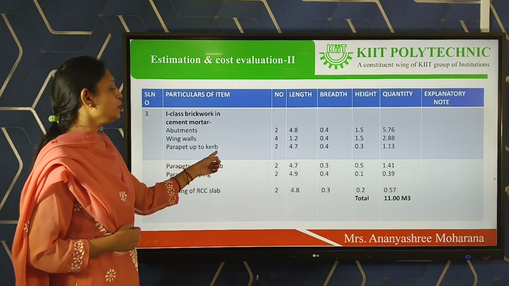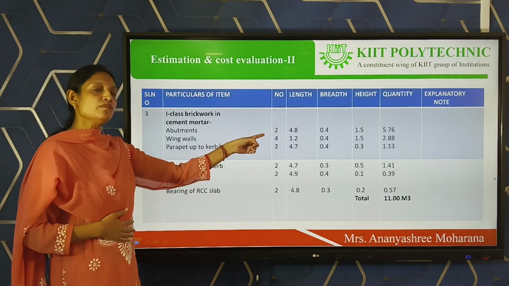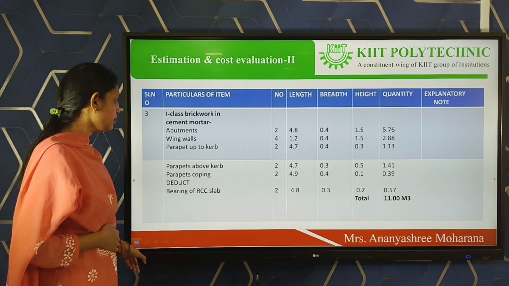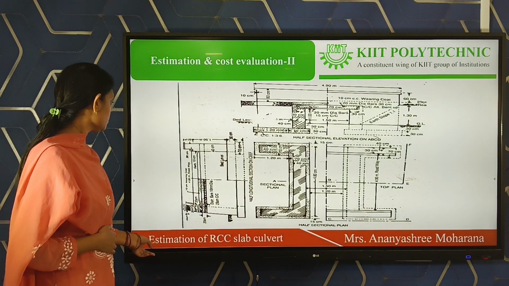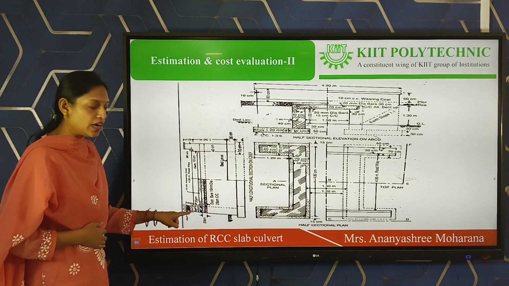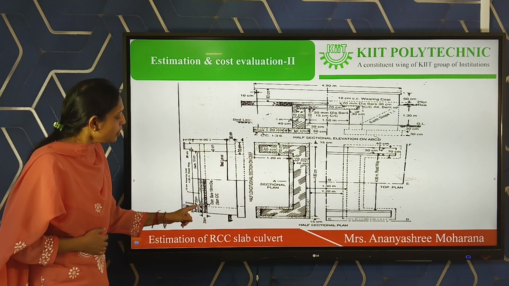Next is parapet up to curb. The brickwork done here is for the abutment, for the wing wall and for the parapet. For the parapet up to curb, this portion is the section of the parapet. That means up to curb you have to take this height, which will be